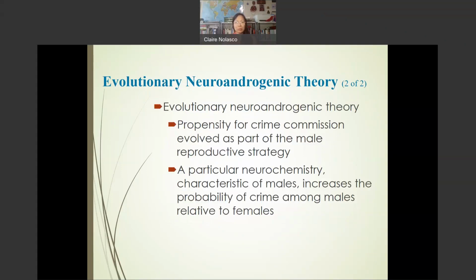The evolutionary neuroandrogenic theory states that the propensity of males for crime commission evolved as part of the male reproductive strategy because they want to get resources, and they have to compete for resources, so they have to be naturally